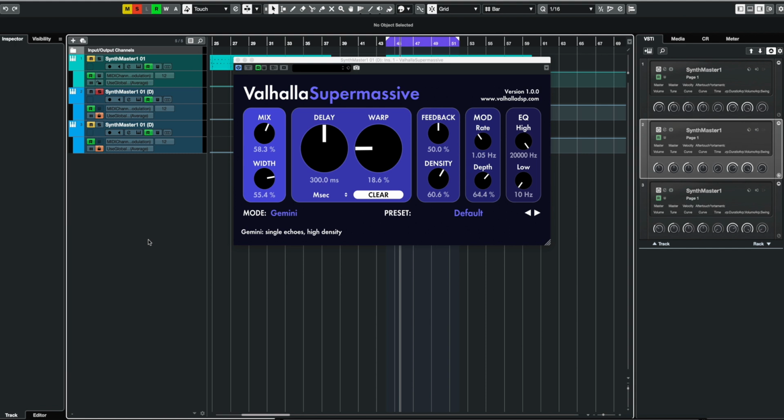As you can see, we're going to look at the Valhalla SuperMassive. This is a free reverb / delay / pointillistic craziness. That is what it's described as on the website, maybe not in the exact words, but this is some pretty good stuff. I've just had a really quick flick through this, and we're just going to listen to see what we can do in terms of using the different modes, see what the presets sound like, and just have a general look